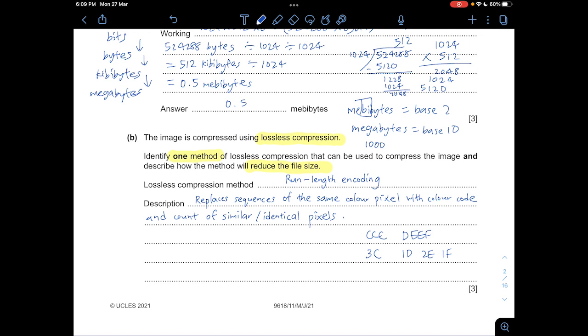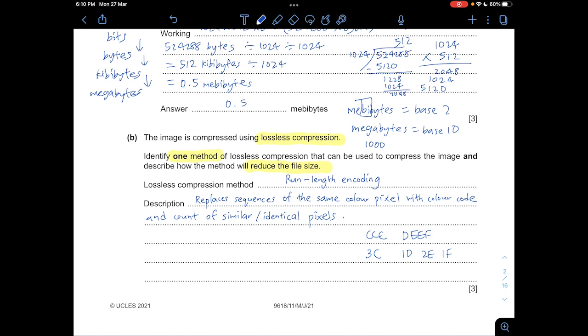If you compress it by replacing the sequence, then for example for C there'll only be one C, but then you state how many C's there are for that particular sequence. So instead of CCC, it will be 3C, and then for example instead of saying D, there's one D, and instead of saying EE, there'll be two E's. Yeah, that's how it saves space. This is actually much better if you have a long sequence that has the same similar characters. So that's how it saves space, because you just have to represent the number of characters